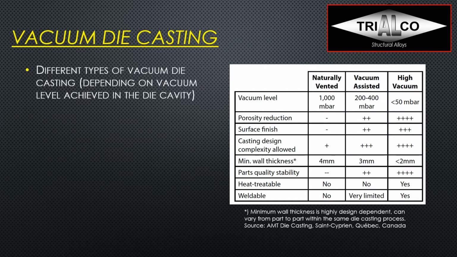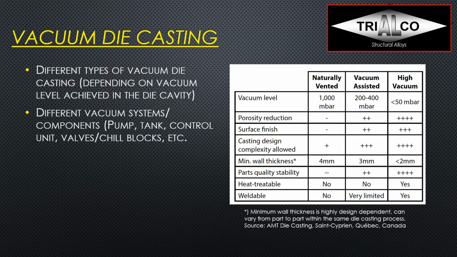Now, onto vacuum die casting, where we have to distinguish between different types. So there are two main types, the vacuum assisted and the high vacuum process. If it's naturally vented, we have in our cavity 100 millibar, and there we just have some kind of opening in the die with a little chill block, and the air is supposed to just escape naturally. If you do vacuum assisted, you actually pull vacuum through the same type of chill block or through some kind of vacuum valve. They can be hydraulic, electrical, mechanical. There are many different types, but you pull the cavity pressure down before you inject the metal into the die